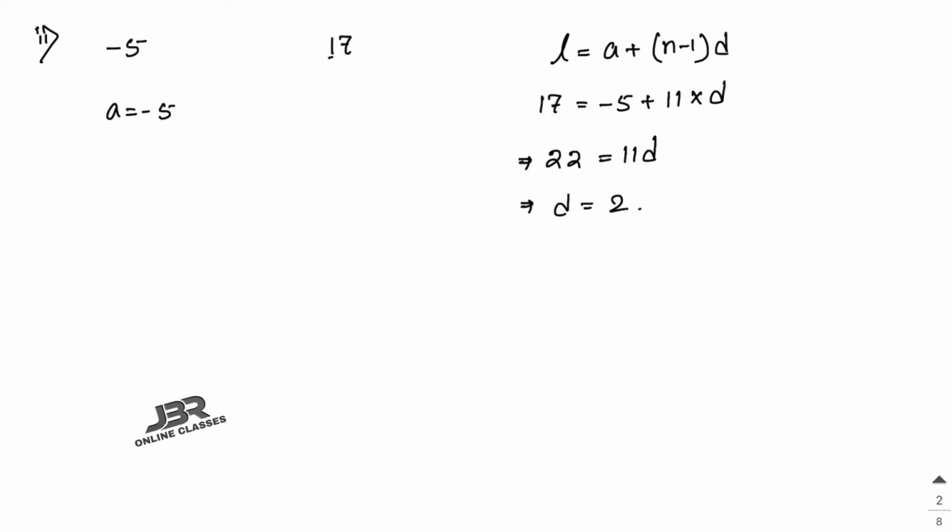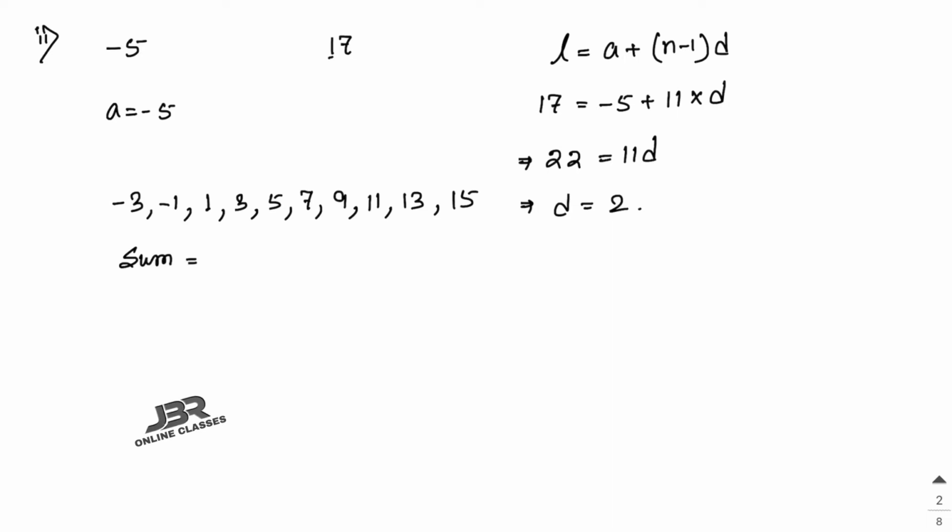So as d equal to 2, the common difference, the 10 numbers, that means 10 arithmetic means, are minus 5 plus 2 it's minus 3, then minus 1, 1, then 1 plus 2 it's 3, 5, 7, 9, 11, 13, and 15. So these are the 10 numbers. Clear? Now first you have to find out the sum of these 10 numbers.